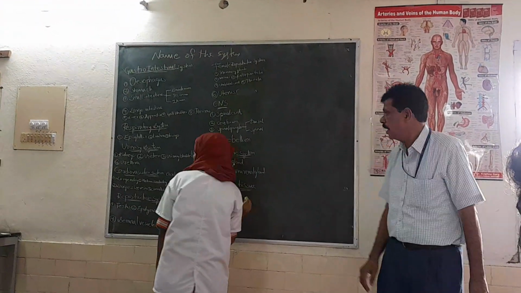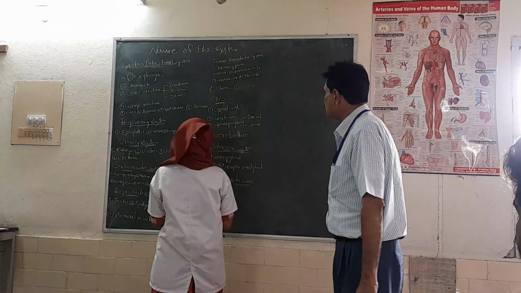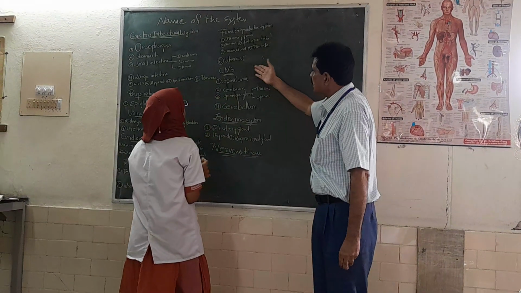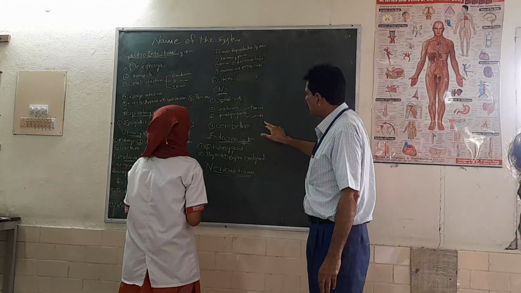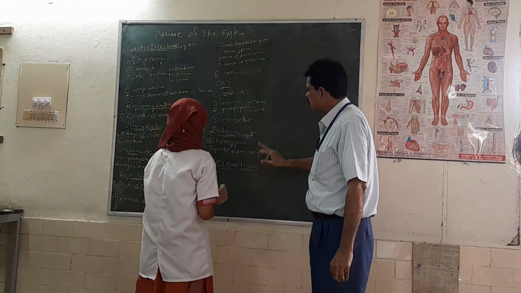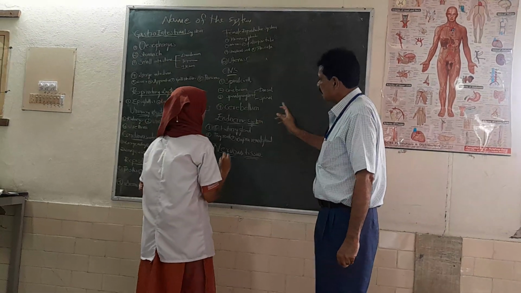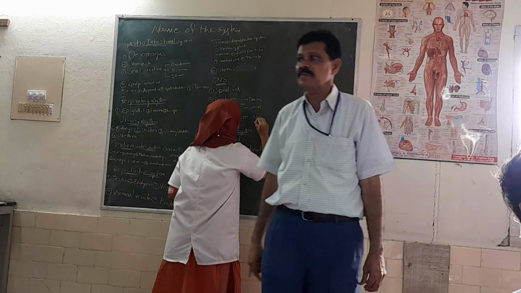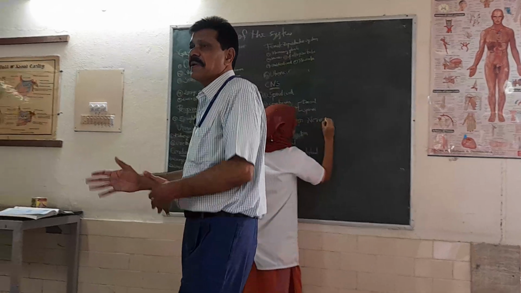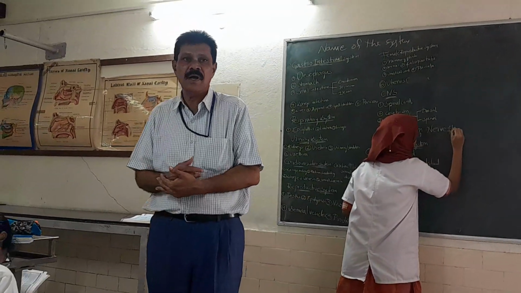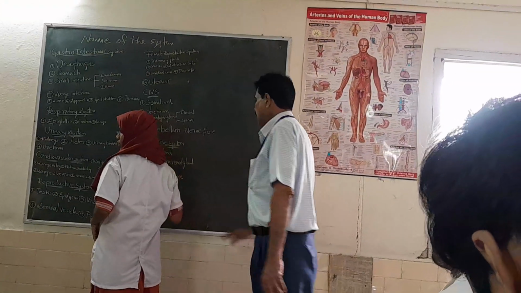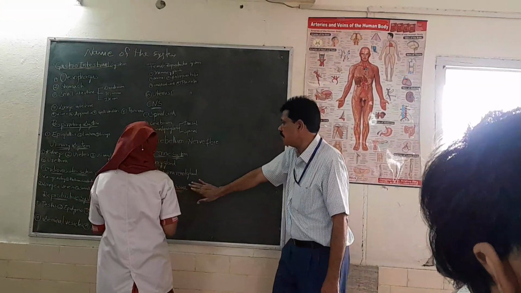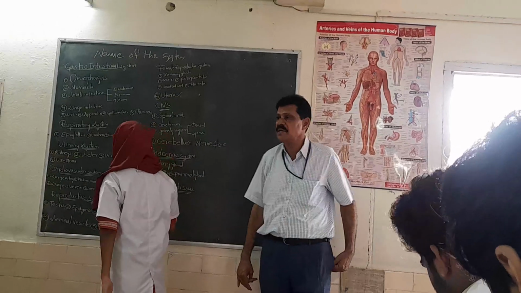Nervous tissue. What is the nervous tissue? It is already covered in the central nervous system. This is sufficient. Now you write here only nerve fiber. No need for a separate nervous system; central and peripheral nervous system together will be in one area. Nerve fiber. Next, you arrange this nervous tissue and write some more.